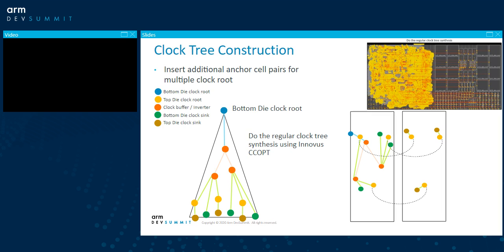And then finally, we connect the rest of the sinks from the anchor buffer roots at the top tier to finish the whole clock tree distribution through the 3D. And then the motivation, the advantage is essentially to move